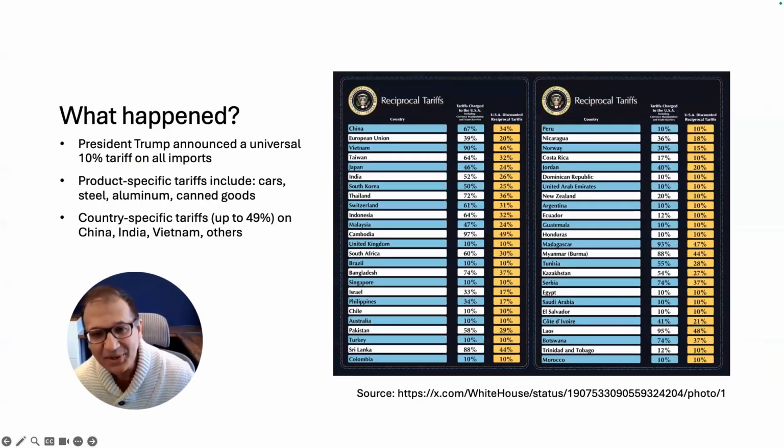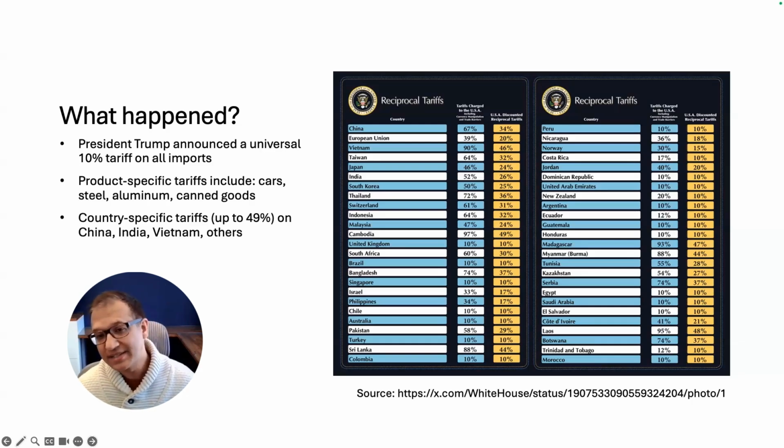So yesterday, Trump introduced brand new tariffs, and that included a 10% tariff on nearly everything that is imported to the US, plus higher rates on specific goods like steel and automobiles. And countries like China and India are facing even higher tariffs. Overall, the tariffs that President Trump announced yesterday were higher than what the markets were expecting. This is why the market started to overreact negatively. And the markets are rattled.